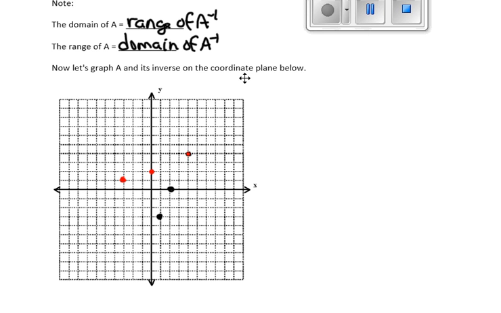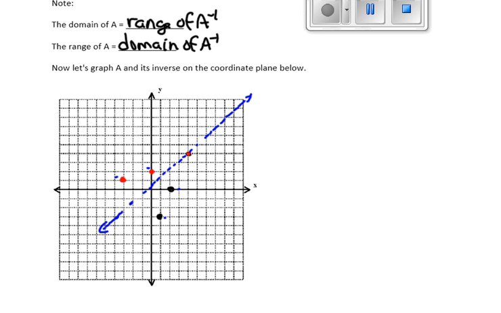It looks like it is symmetrical across something, right? Because the 4, 4, it's exactly the same ordered pair as its inverse. Well, it looks like it's going to be symmetrical across this line that I'm drawing in blue here. Okay. Notice this point in black is symmetrical to this point in red, thanks to this line, and this point